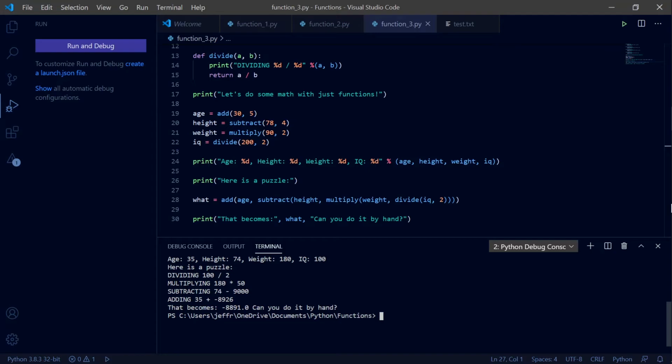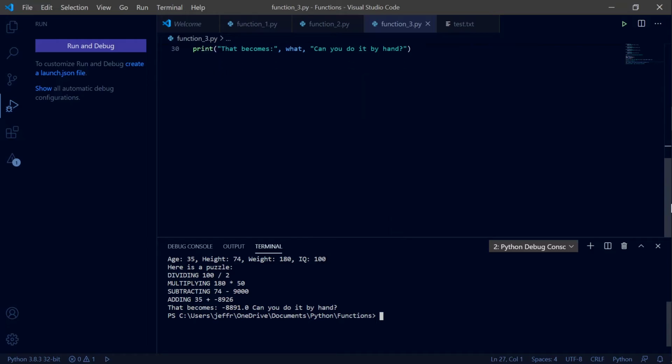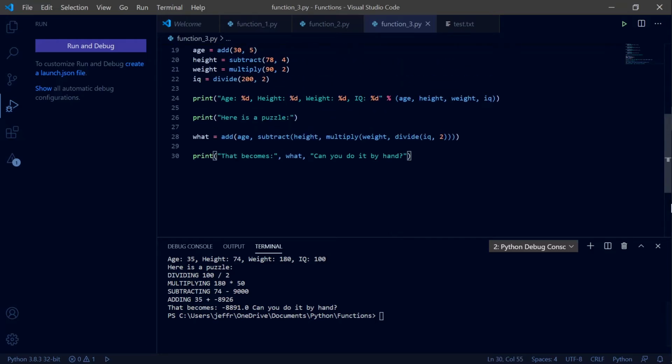You got your add, subtract, divide functions. You can do different things. And then our return values, obviously, that's a new thing where it stores that value. And then that value is going to stay there until you write over it. So like at the end, if you print out